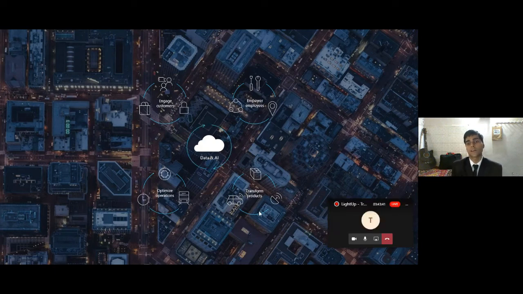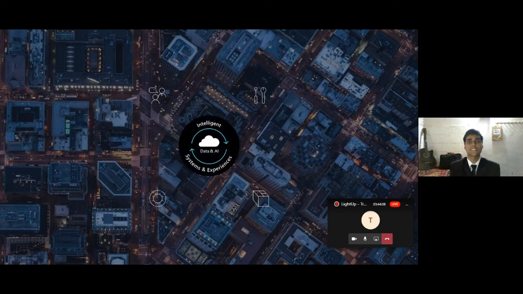Again, transforming various products. Transforming products as in, firstly, we had a regular television set. Now it is a smart television that has come into the picture. Now we have plasma. So this is how digitally we are getting transformed ahead. And with the help of customer feedback, experiences, responses, we're able to gather more and more insights. The developers and the company owners are able to gather more and more insights using data and AI. Intelligent system experiences. As I said, now we have customer feedbacks. Then we have various surveys.